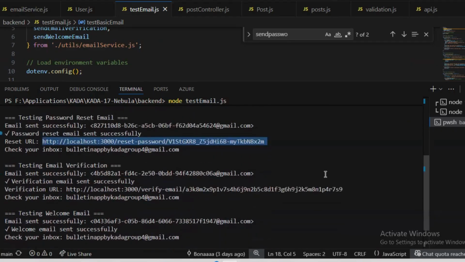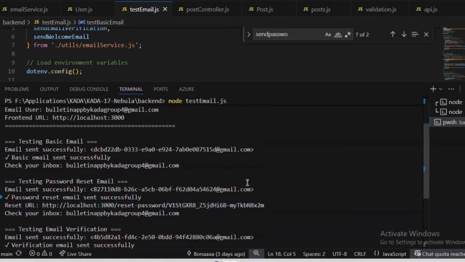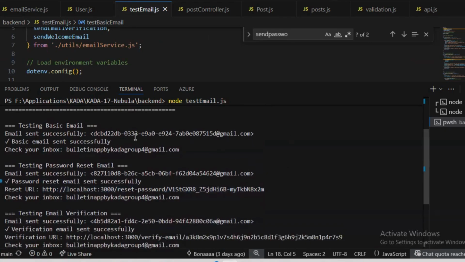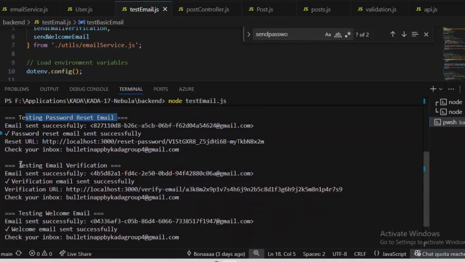And as you can see, there will be 4 types of email, where the first is a basic email informing you that it's a test email, the second one is a password reset email, the third one tests email verification, and the fourth one is a welcome on board email.